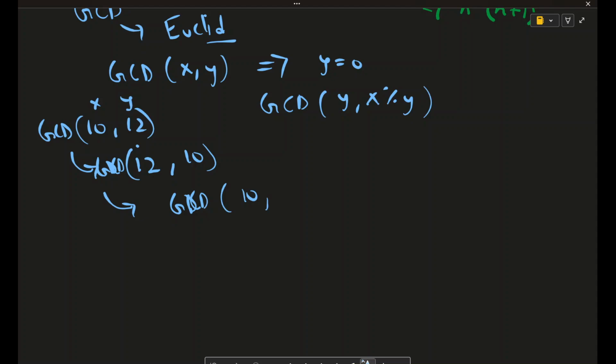So it is 12 modulo 10, that is 2. The remaining part is 2, the remainder is 2. That's why it will come like this. Again we will call the GCD function,